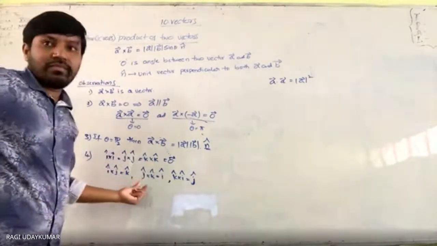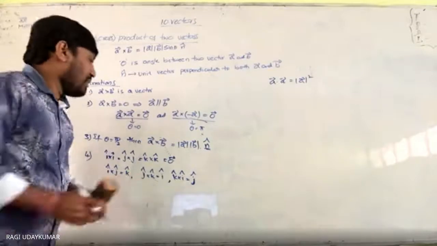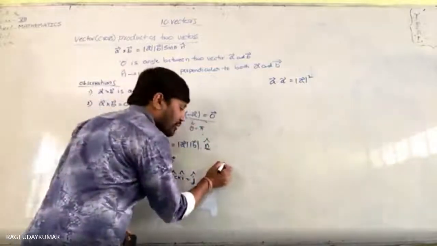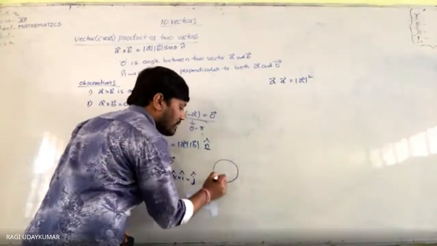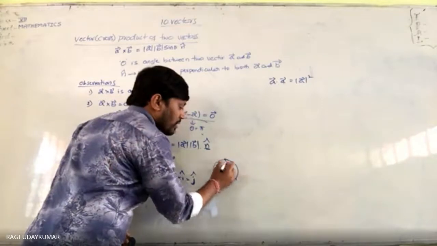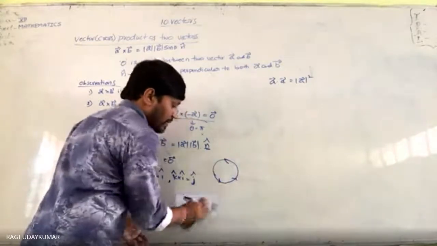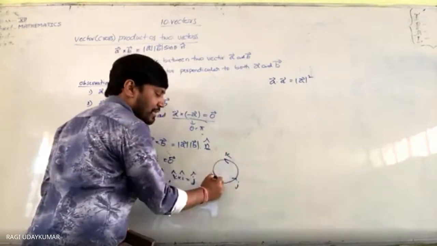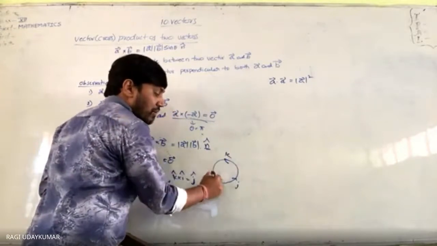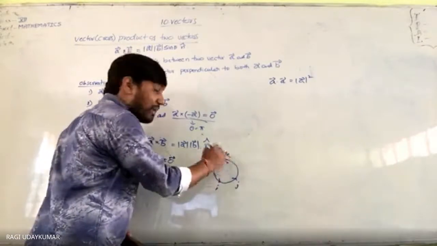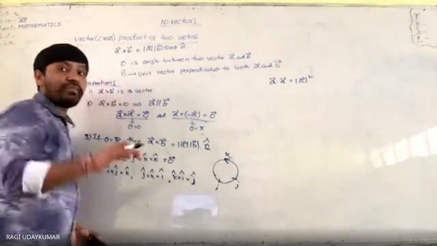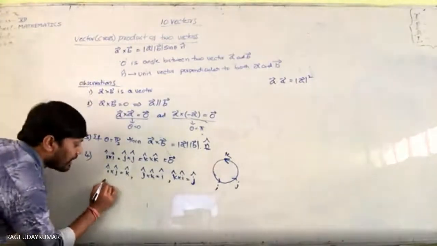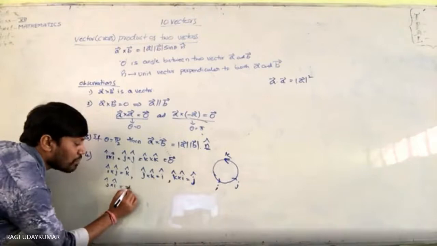So that is K. In the same way, it goes in a cyclic way. So I, J, K in the anti-clockwise direction, whenever you are taking it like this, in this movement. I cross J is equal to K, J cross K is equal to I, K cross I is equal to J. But in reverse, in case you are taking it into consideration, you are going to get minus. In the same way, suppose J cross I, if you are taking the cross product, is equal to minus K here.